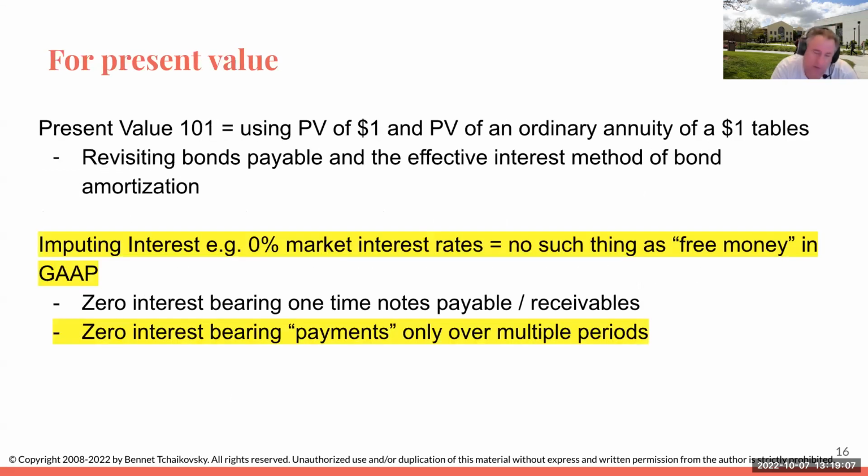So this is the last part of the video, thank goodness. The first one is a revisiting of bonds payable, just to get us used to the present value of a dollar table and the present value of an annuity of a dollar. And then the next part of it is imputing interest, because if we have a zero interest bearing note,